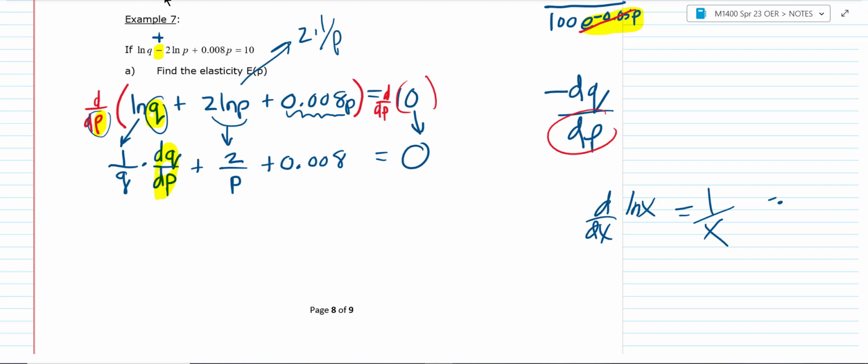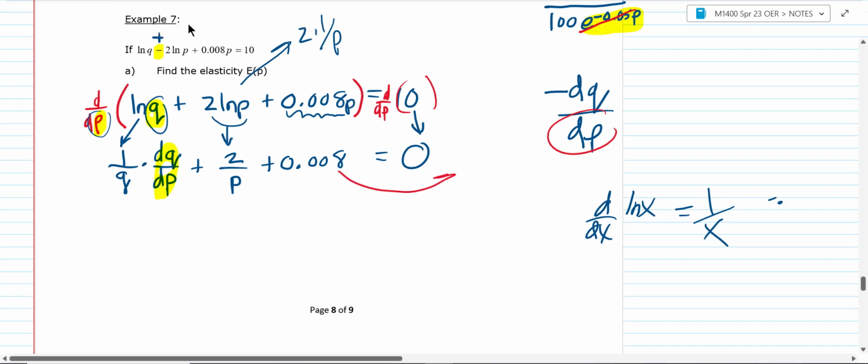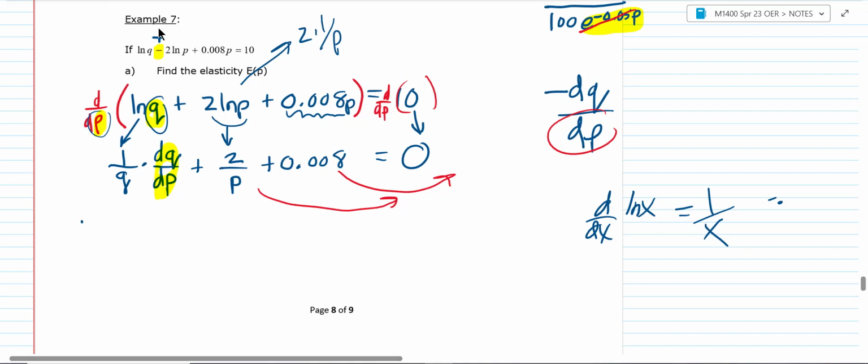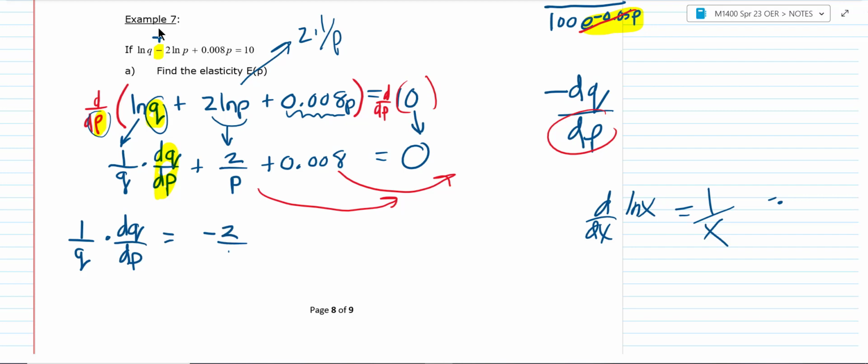Now what we're going to do is solve this equation for dq over dp. This is what we learned before we were on spring break. You're going to move this to this side, and move that to this side. You're going to get all of the dq over dp's together. So I'm going to leave 1 over q times dq over dp where it is, but I'm going to move the other things. Now remember, if you move something, what happens to the sign? It changes, right? It doesn't matter what order you put this in, so I'm just going to say negative 2 over p minus